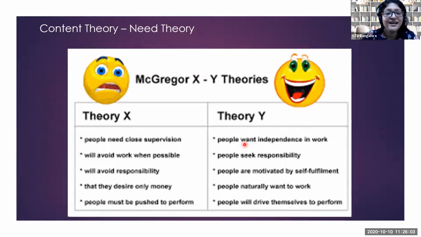The disadvantage is that you have to keep up with their pace. Organizations also have to keep up with their pace. Otherwise, one fine day you will realize that you have lost them. So you have to have a strategy around such people to make them work more effectively: give them the ambience, give them the kind of projects that they will excel in, allow them to be there as talents in your organization, and find a strategy to retain them. That is the approach we have to take for theory Y.